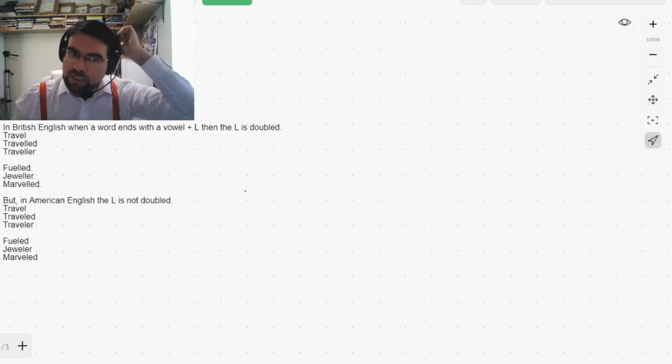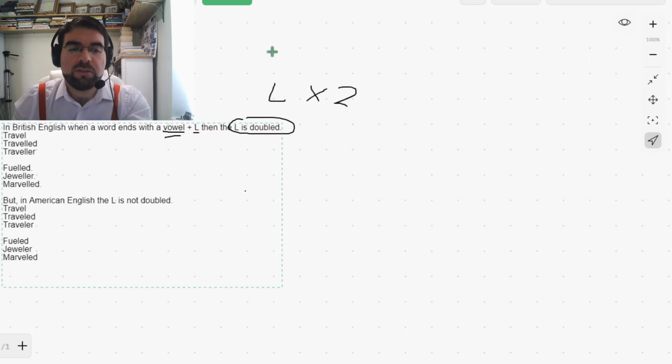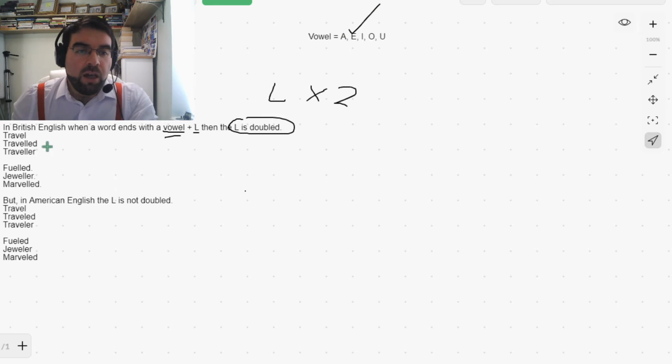Okay, so let's look at this interesting rule here in British English. When the words end in a vowel and the L is doubled. So the L is doubled, multiplied by 2. And remember, vowels: vowel equals A, E, I, O, U. Okay, very nice. So travel,